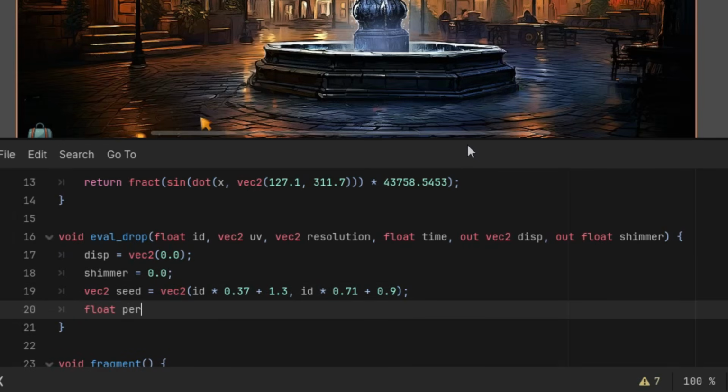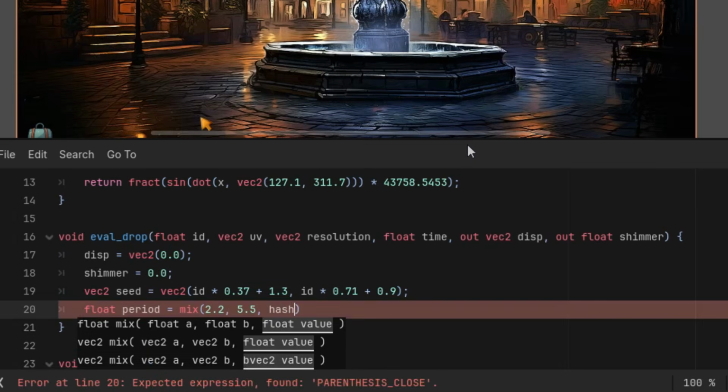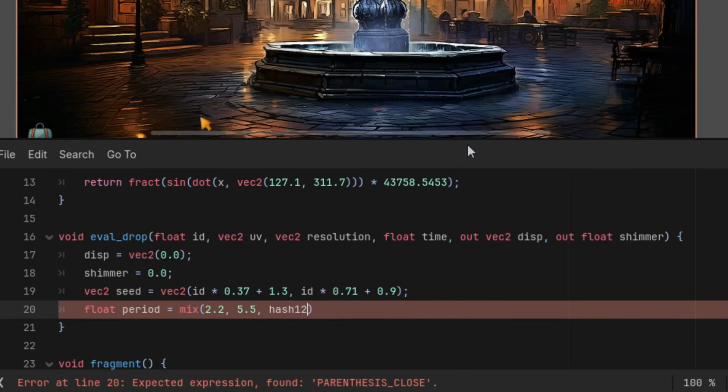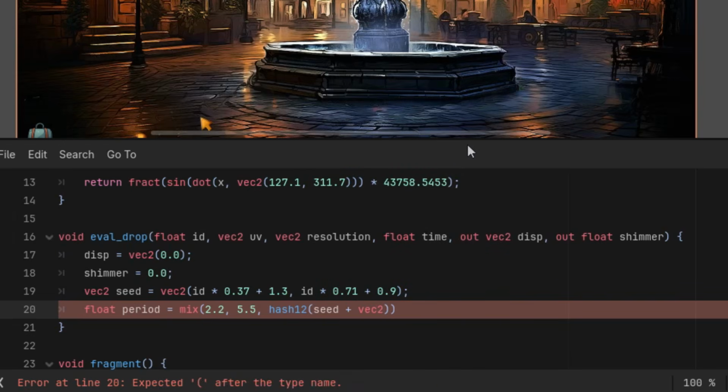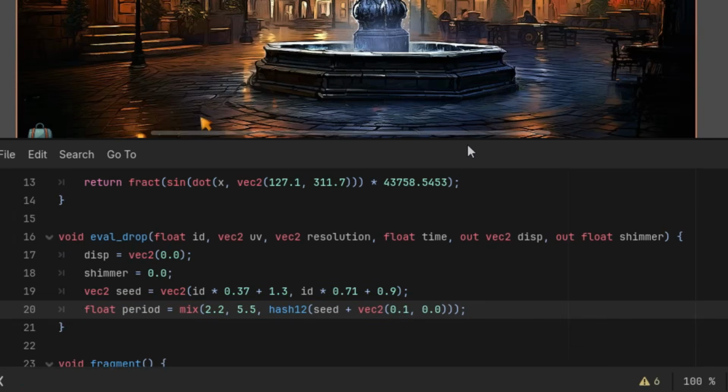Float period equals, and let's make a mix of, as I said, 2.2 and 5.5, and something between that, again based on the hash12 function applied on the seed vector plus, and let's give it some small shift, so vec2 0.1 and 0. Okay, so to further enhance the sense of randomness, we'll also add a pseudorandom start offset of the animation,